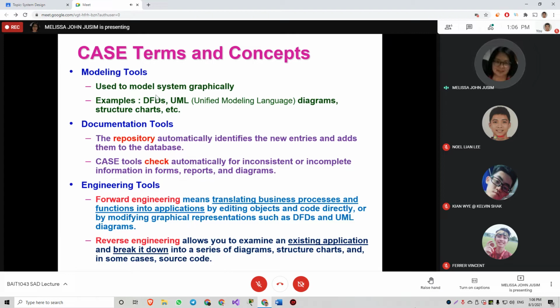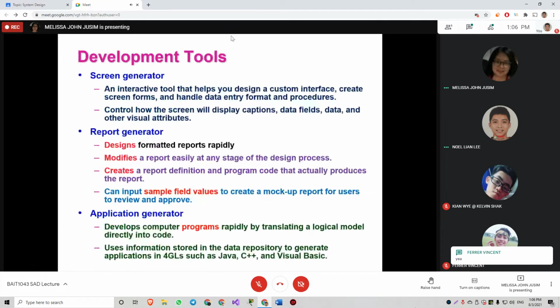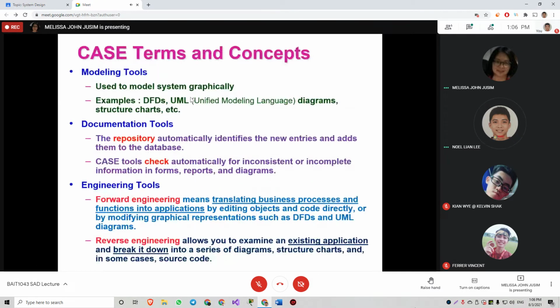The full name of UML is Unified Modeling Language. C++ is an object-oriented language, I think, right? Correct me if I'm wrong. Which one? C++? Yes. I don't know.